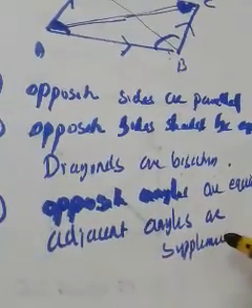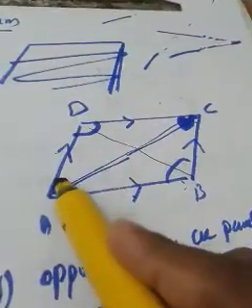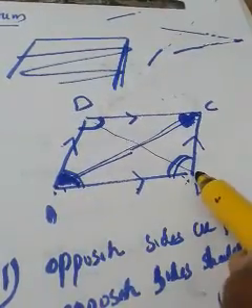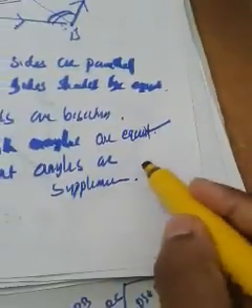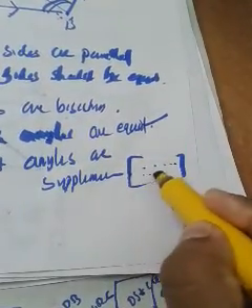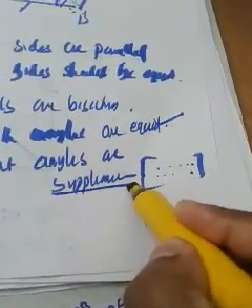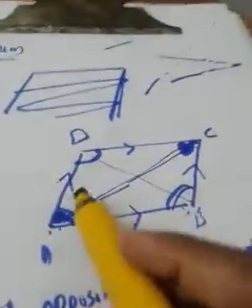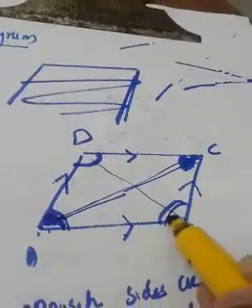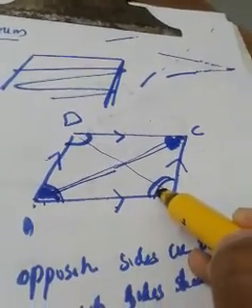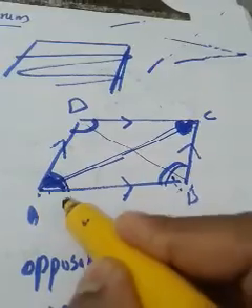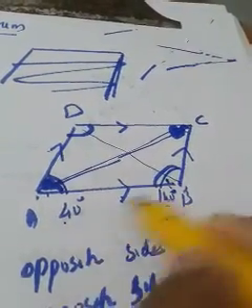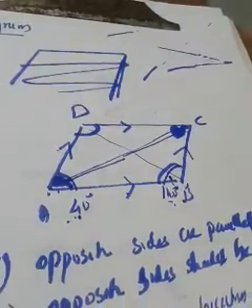And what do we mean by adjacent angles are supplementary? It means that which is the adjacent angle of this one, these both angles are supplementary. Supplementary means, in bracket you can write, sum of the angles should be 180 degree. That is what supplementary is. I already explained, the angles are supplementary means the sum should be 180 degree. That means if you add this angle and this angle, we have to get 180 degree. For example, if it is 40 degree, it should be 140 degree. Why? Because we have to get the sum 180. 40 plus 140 only will give you 180.